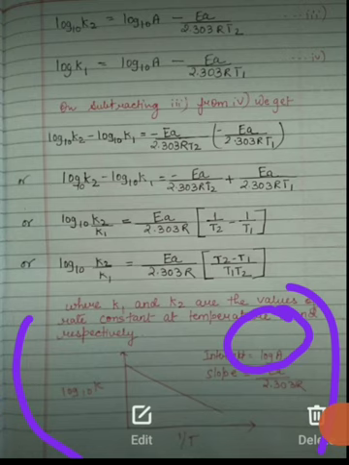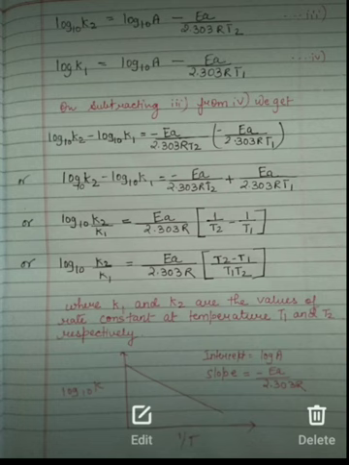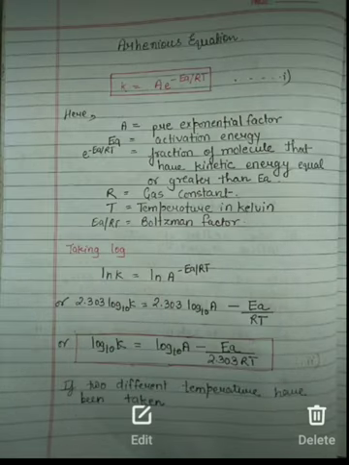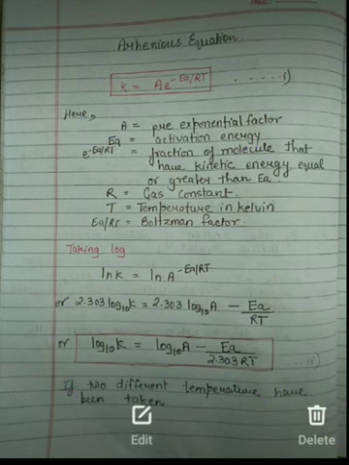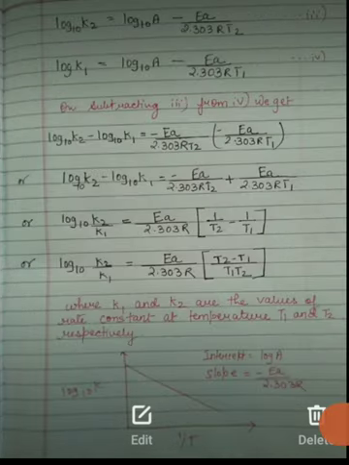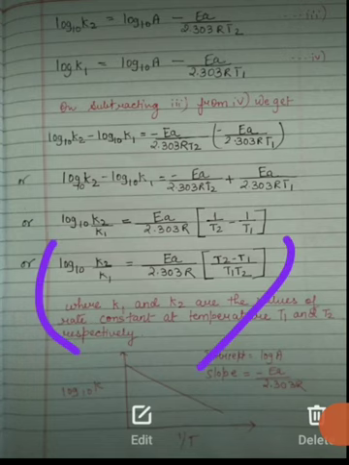So students, this is all about today's lecture, that is the Arrhenius equation. Let's revise. It is simply given by k = A e^(-Ea/RT), and taking log and rearranging the equation, it becomes a straight line equation, that is log10 k = log10 A - Ea/(2.303 RT). And now when calculations are asked at two different temperatures, the final equation becomes log10 (k2/k1) = Ea/(2.303 R) (T2 - T1)/(T1 T2).